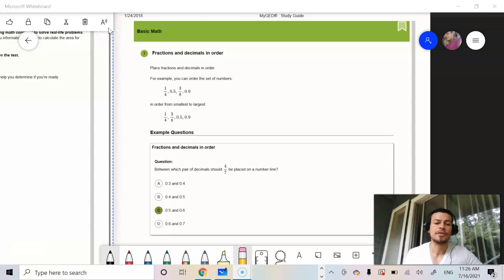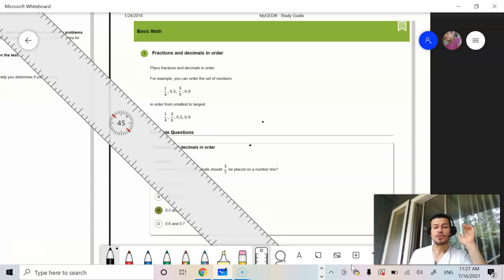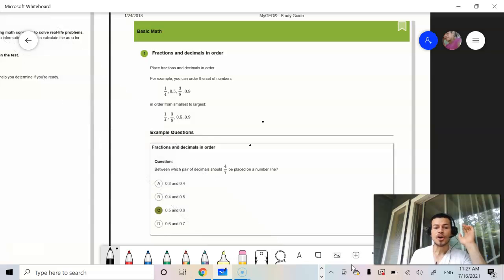Let's start by solving the first exercise that we have here. Okay, so the first problem says fractions and decimals in order. It says place fractions and decimals in order, so that's what we are going to do in this exercise. And the example question says, between which pair of decimals should 4/7 be placed on a number line? So before starting the exercise, I want you to remember that a number line, you have seen it before, is a